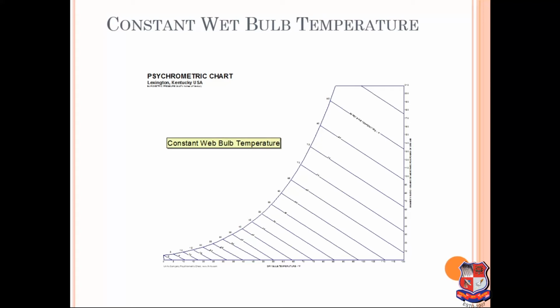Next is constant wet bulb temperature. The constant wet bulb lines run diagonally across the chart. A constant wet bulb means the energy used to evaporate water to raise the water vapor in the air comes from the air in the form of a lowered air temperature. Knowing the wet bulb temperature and dry bulb temperature, a specific point on the chart can be found. You can see the different lines diagonally across the chart are known as the wet bulb temperature lines.